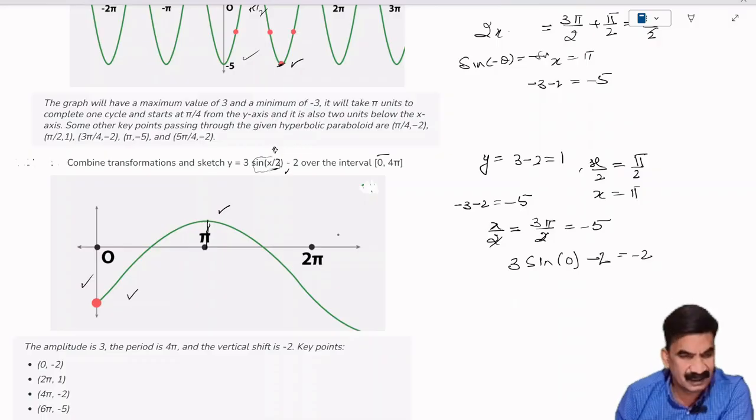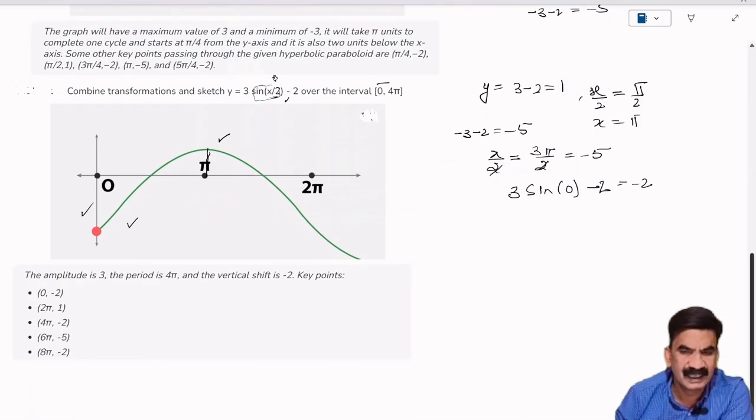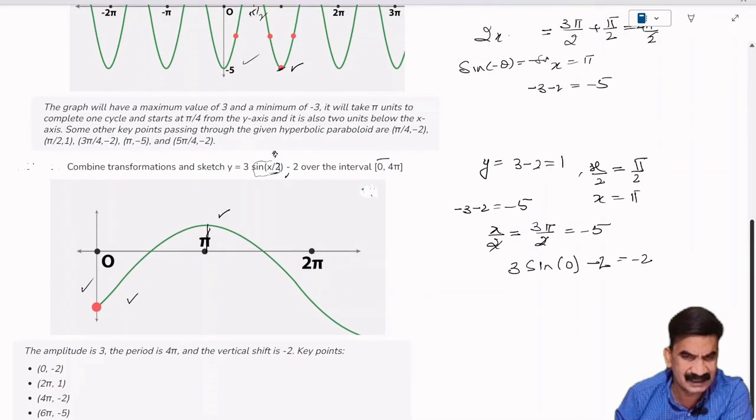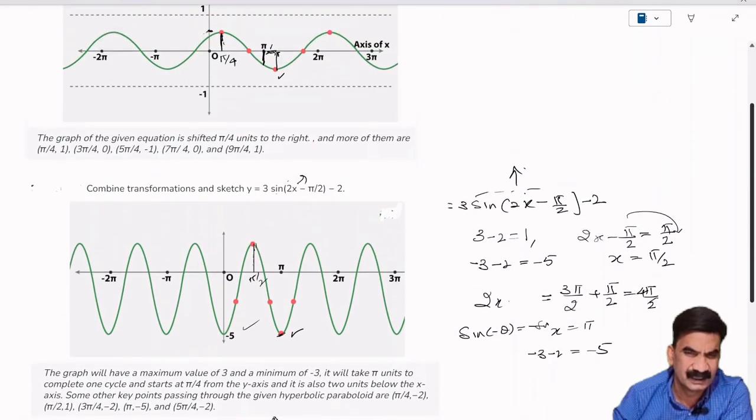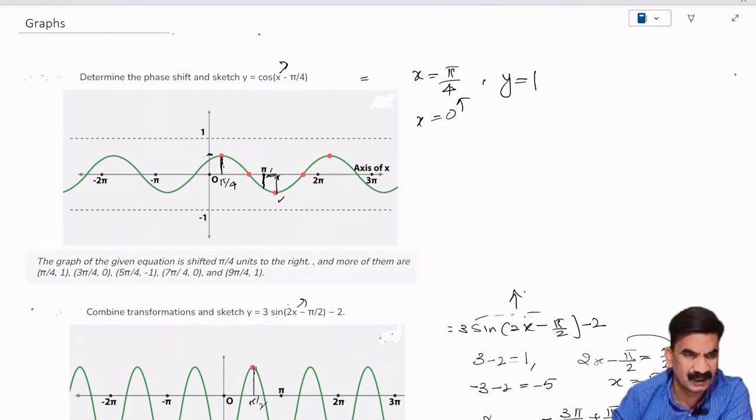Again, these are very simple graphs. I would encourage you to do a lot more questions on these, and in every question just remember what you need to do. Just check at x equal to 0, just check at the maximum value, and just check at the minimum value. I hope it was